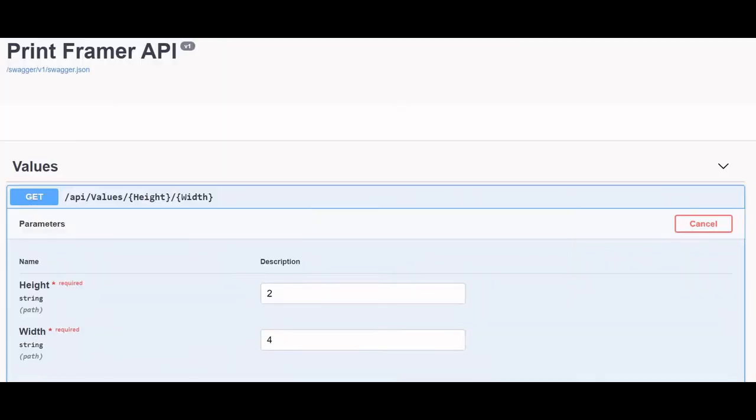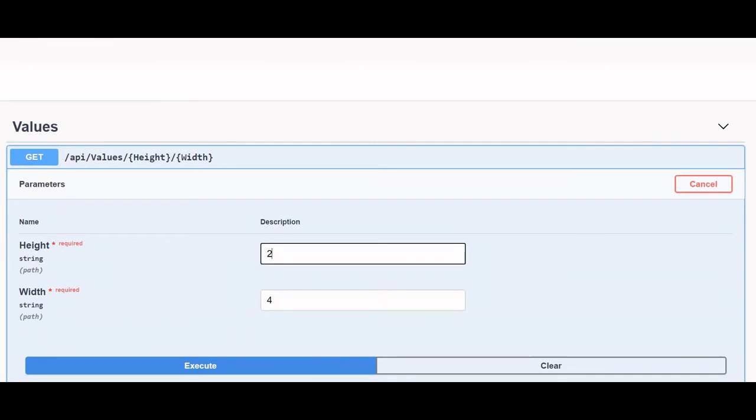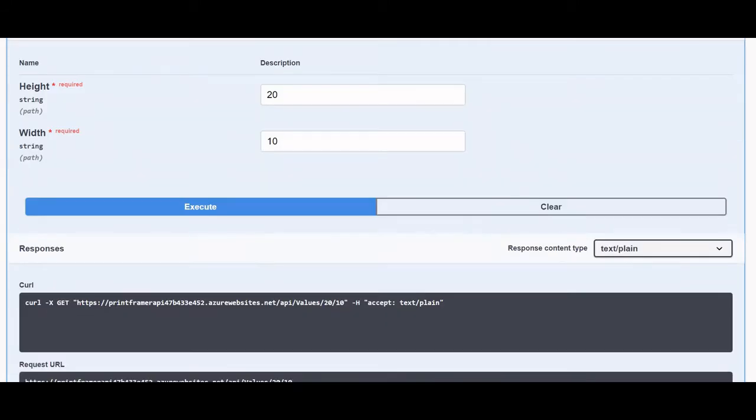The previous site was showing 20, so it was taking some values for your height and your width and then giving us the result. Height and width of a picture frame, basically this is the app for picture frame. On the basis of the dimensions it will give us the cost. Earlier the cost was $20. If we change the value, let's say 20 to 10 and execute,